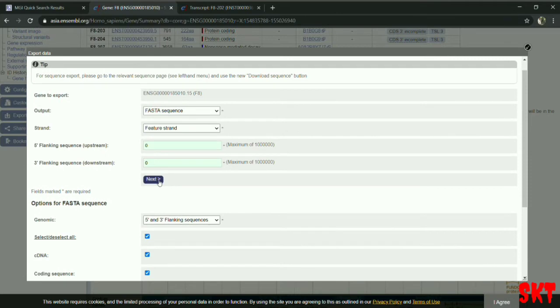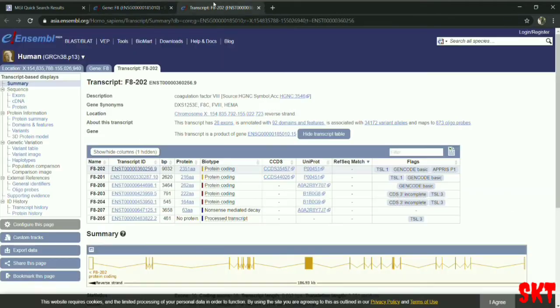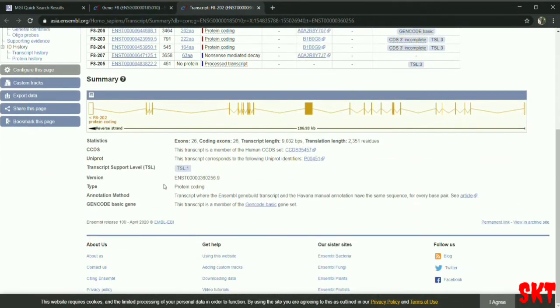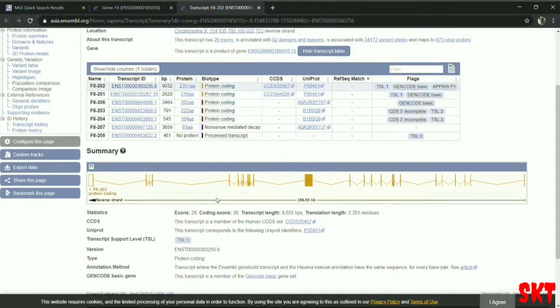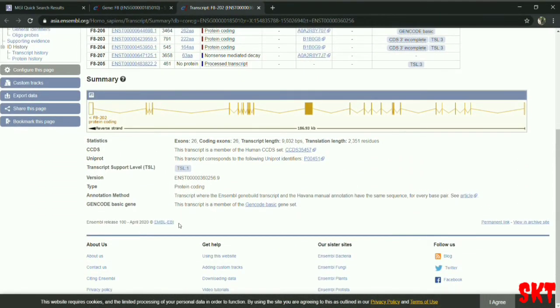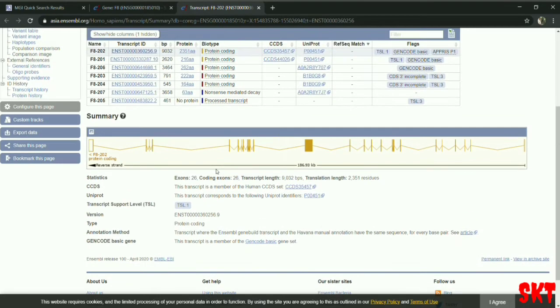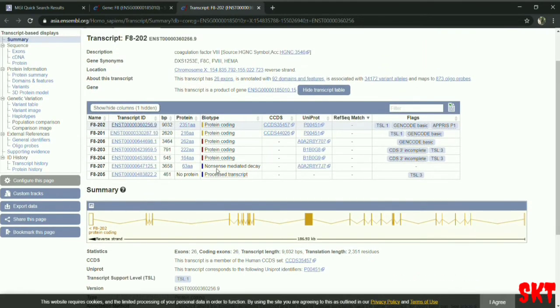You click next and wait for a minute, and here you will find all the information about the F8 protein coding sequence: number of exons, number of introns, the type, and the specific site in the chromosome. The F8 protein is found in chromosome X, because it is an inherited disease.